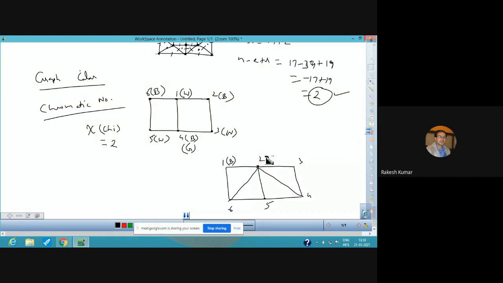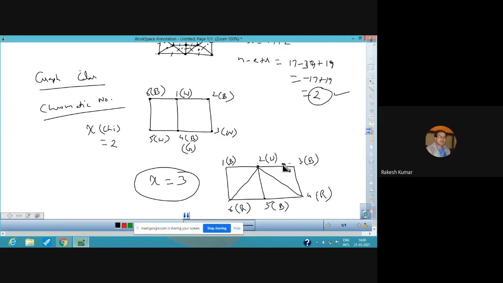Vertex 1 can be given black. This can be given white because this cannot be black. So this is black. Now it cannot be black. It cannot be white. So we have to use a third color. It is red. So if this is red, this is white. So it can be given black. And similarly, this can be given red. Now the criteria is okay, and in that case, chromatic number is 3. So 3 colors have been used to paint the vertices of this graph.